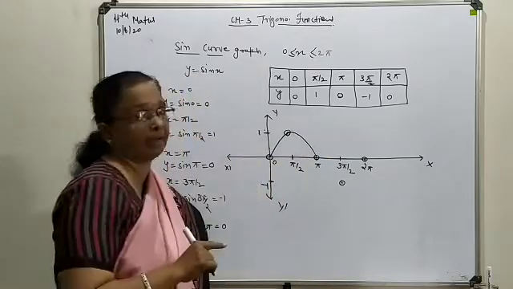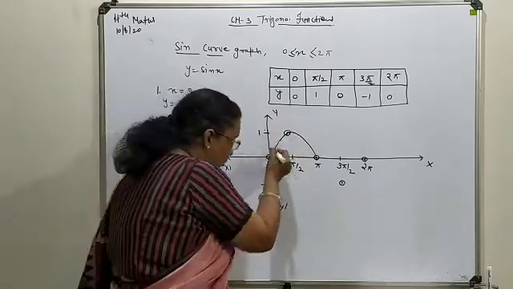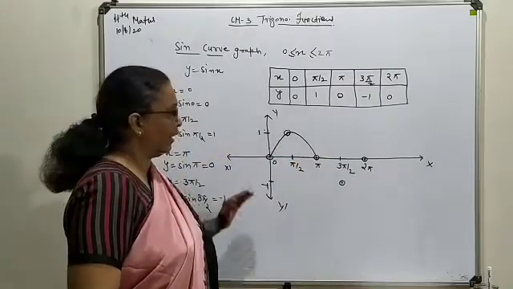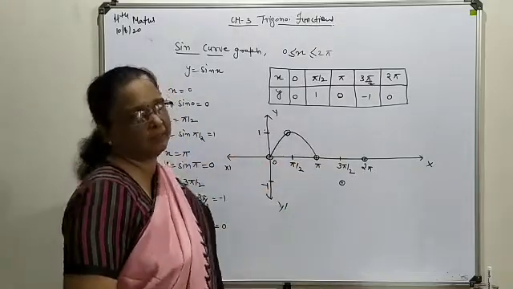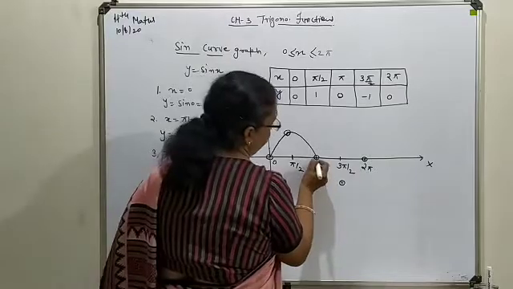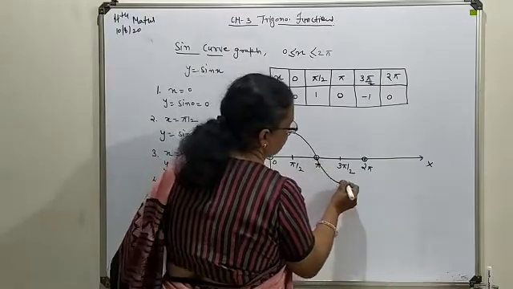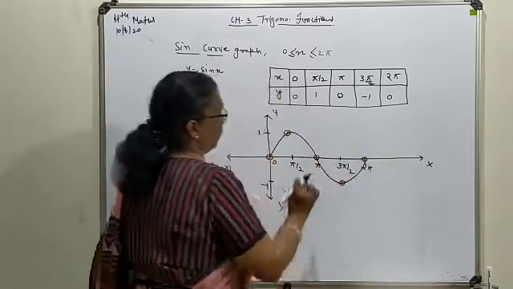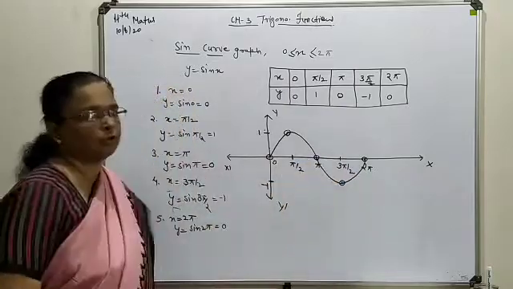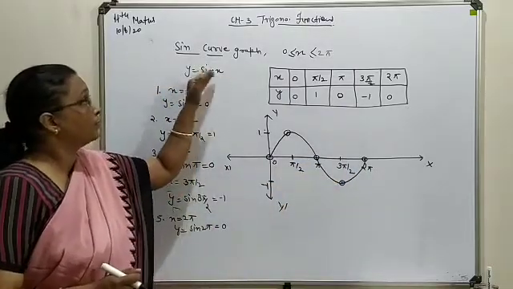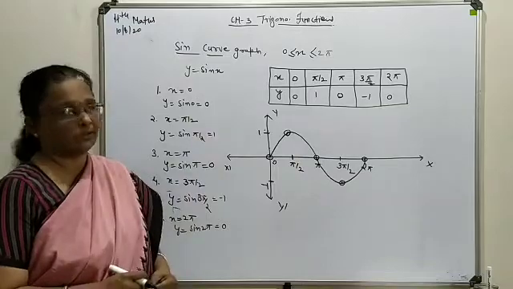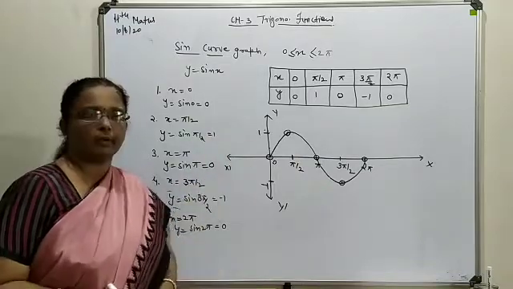This is not a straight line. This way you don't join them. In the form of a curve you will have the sine pattern, cos pattern and tangent pattern. Here also you make a smooth curve. So this way this S shape is going to be generated as the sine curve nature, and this is the standard nature for sine.